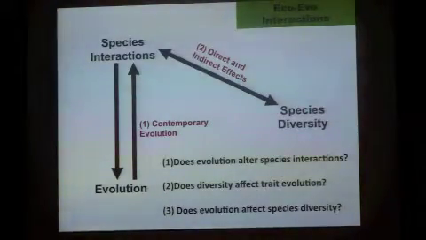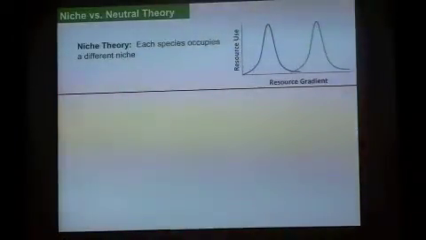Okay, so that was the second part. So does diversity affect trait evolution? Yeah, it does, through indirect effects. And then the last bit I want to talk about is how evolution affects species diversity. So do you get this feedback where evolution changes species interactions and then ultimately feeds back on diversity? And I'm going to talk about this more in a modeling framework rather than with that same pitcher plant system.